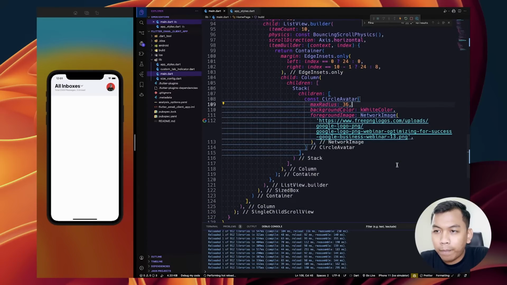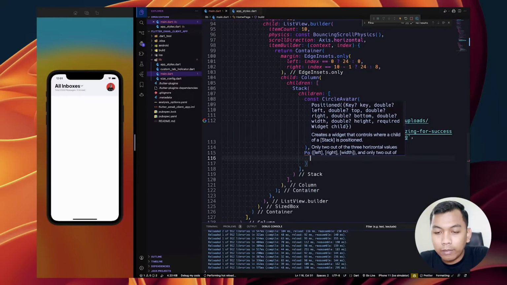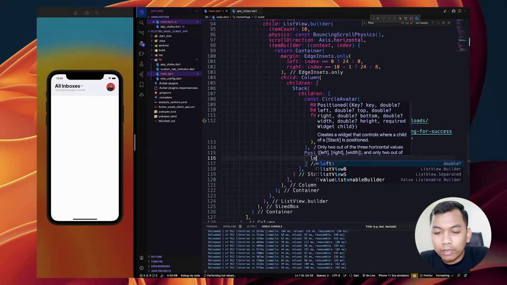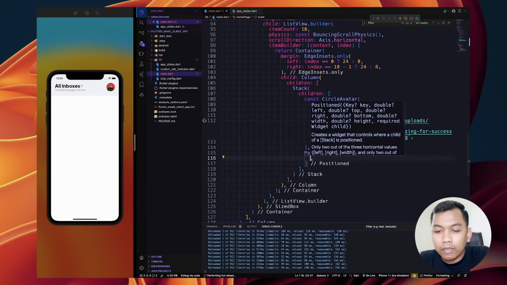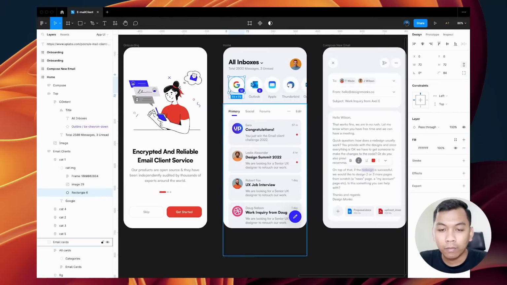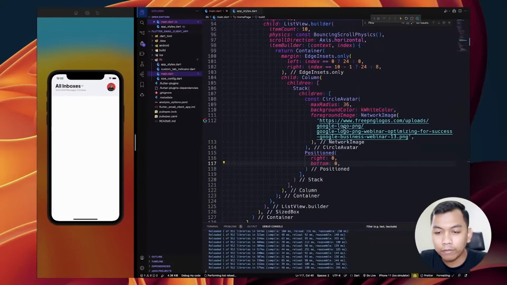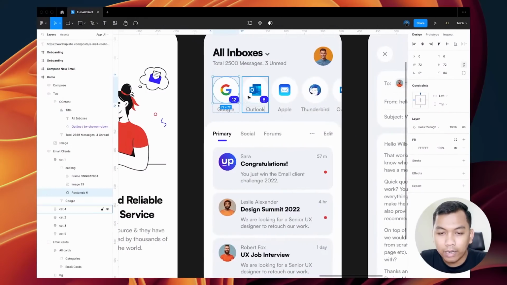Alright, and next we will add Positioned widget, with right to be 0 and bottom to be 0, because as we can see here we have a little indicator for every email service, showing how many unread emails, which is here 12, so we can set right to be 0 and bottom to be 0.